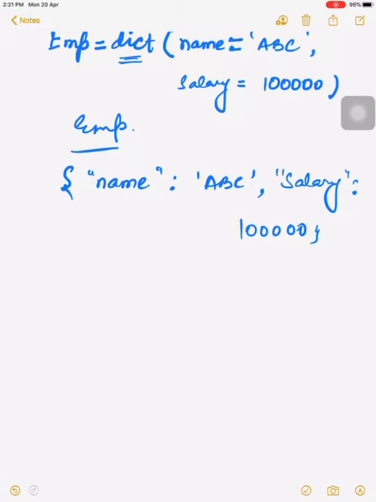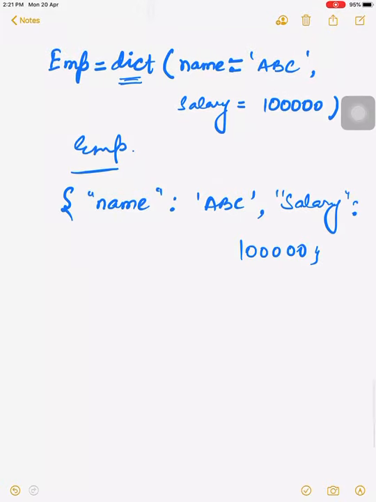Okay. See, now the dict function we can also use to create a dictionary. With the dict function we can declare a dictionary by a simple input method, as we already declared the list and tuple with the help of the list and tuple functions. So same we can declare with the help of the dictionary function. See here, I have written name equal to ABC. So it automatically converts name as key and ABC as the value of this dictionary. Okay, hope you understand this.